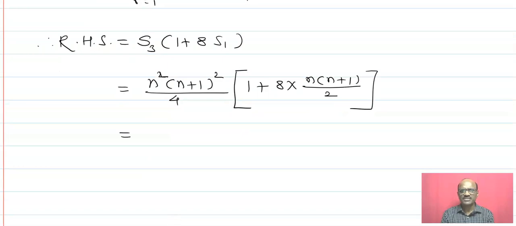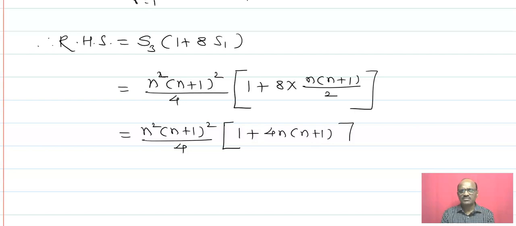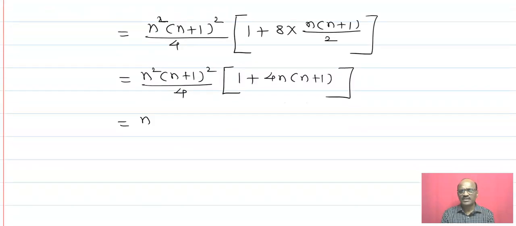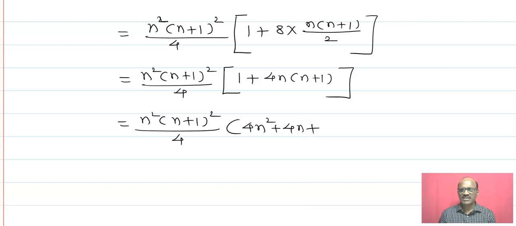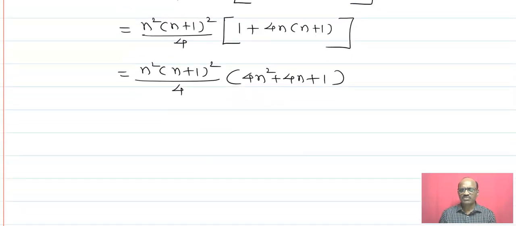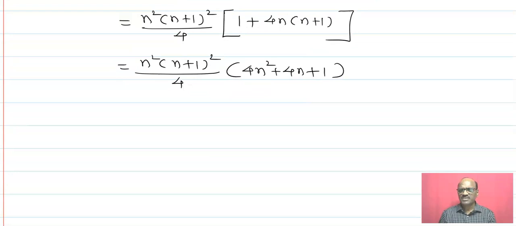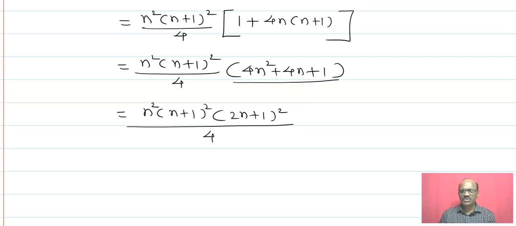Now simplify this, that is n square (n plus 1) whole square upon 4, and which is (1 plus 4n (n plus 1)). After simplification in the bracket you will get 4n square plus 4n plus 1, times n square (n plus 1) whole square. Now see this, it is a perfect square, that is (2n plus 1) whole square,